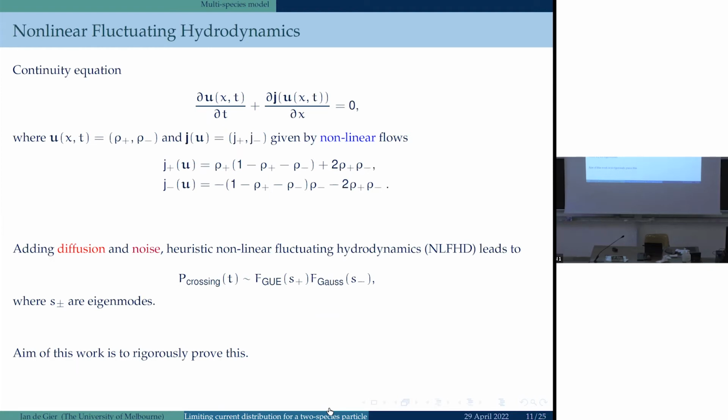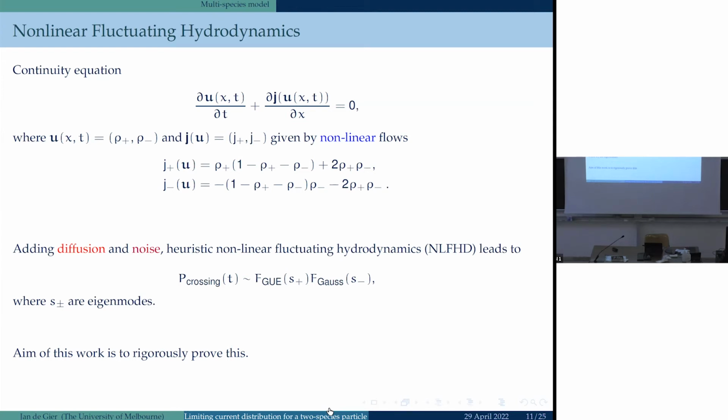So there's this heuristic theory, nonlinear fluctuating hydrodynamics, or there are other names for this, where you start with a continuity equation for a two-component gas of particles, where U represents the density, two components, and J is the current. Then you can analyze this by taking a mean field approach here, and there's a technical reason that I can do that in this particular case. The currents in terms of the densities of the plus and minus particles are given by such expressions. Then you can add diffusion and noise as you did in the one component case, and you get a heuristic nonlinear fluctuating two-component KPZ type equation, and you can analyze that in a physics hydrodynamics way, and that leads